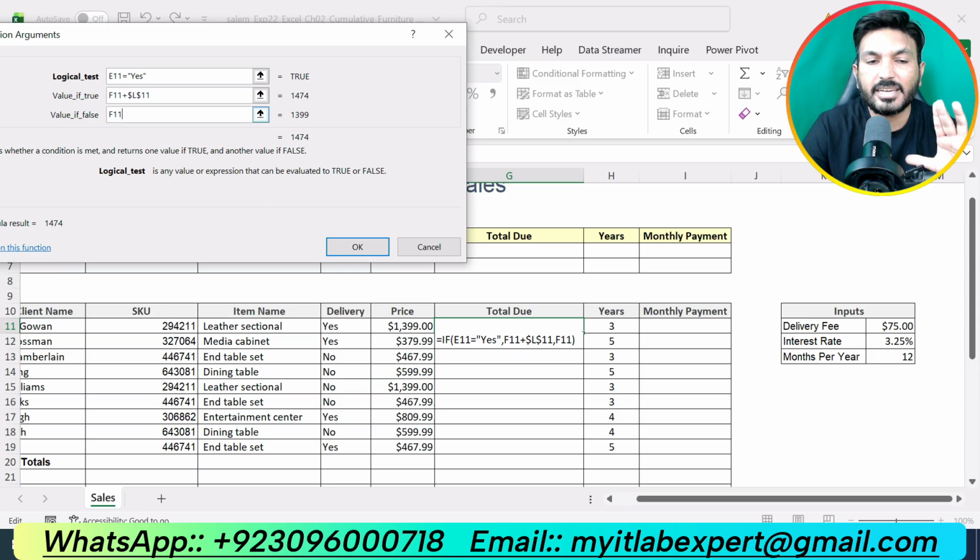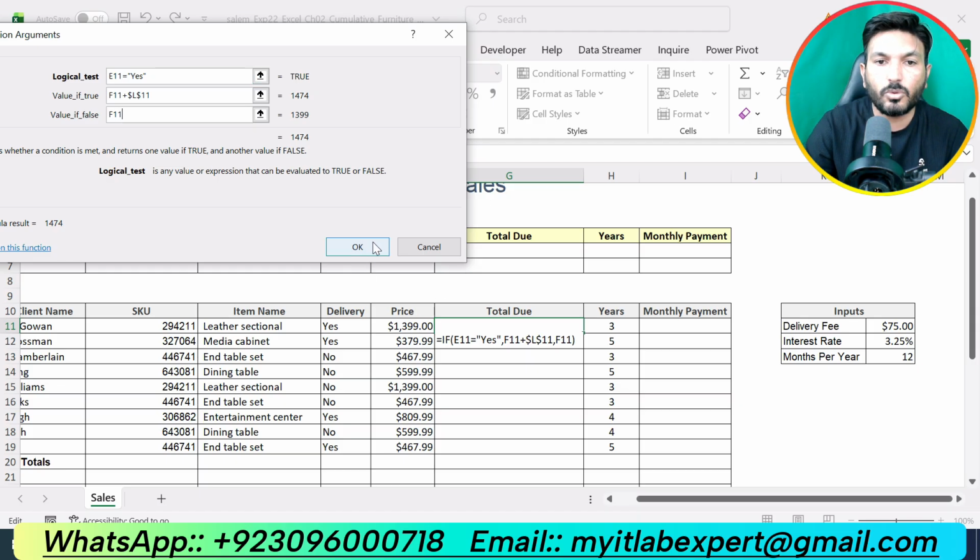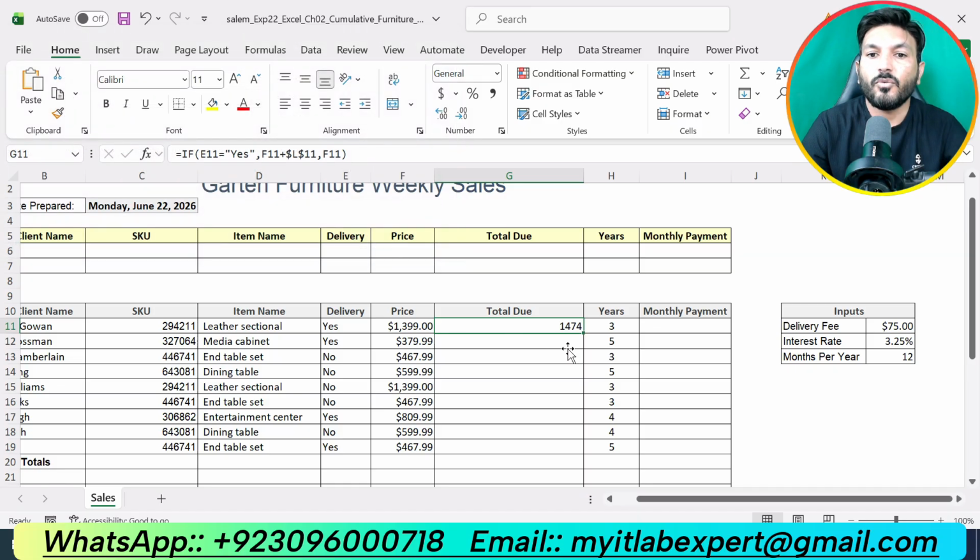First we are checking whether the customer has chosen the delivery. That means if E11 is equal to yes, then the total due will be equal to the price given in cell F11 plus the delivery fees given in L11. Otherwise the total due will be equal to the price. Click OK. So we got